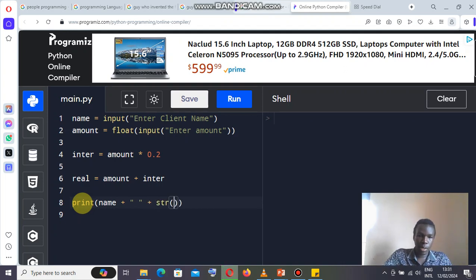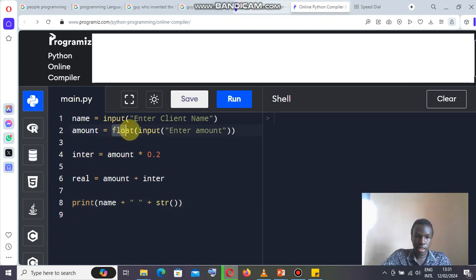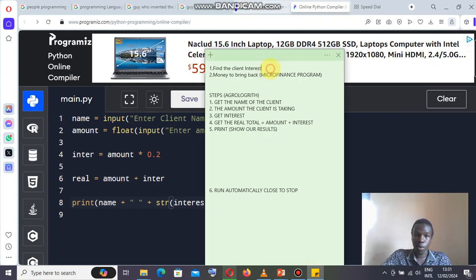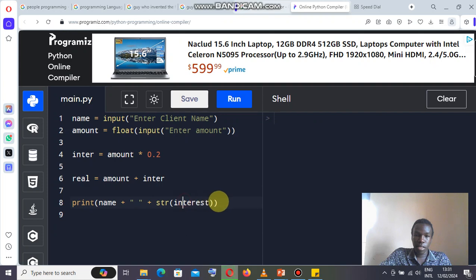So remember what I did here. I placed a float here. So what I'm doing here is converting this integer or float into a string so that it can be printed out. So I'm going to say int. I'm going to first write the interest because we want our program to get for us the interest. So the next thing is plus.